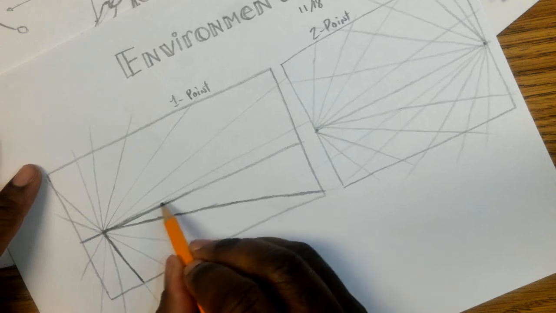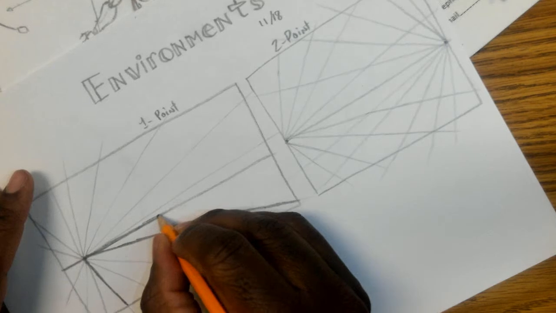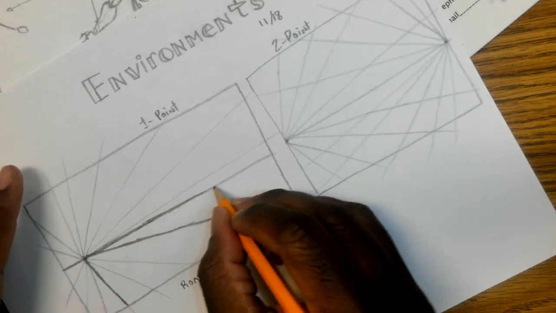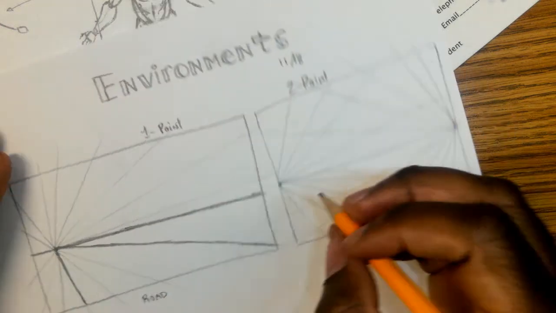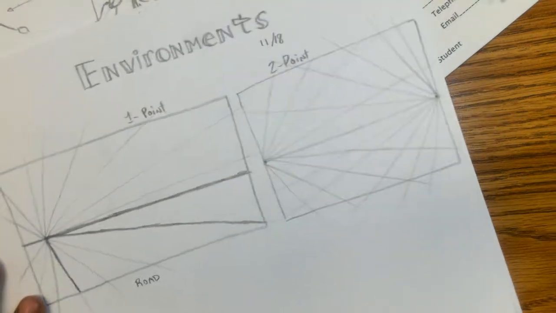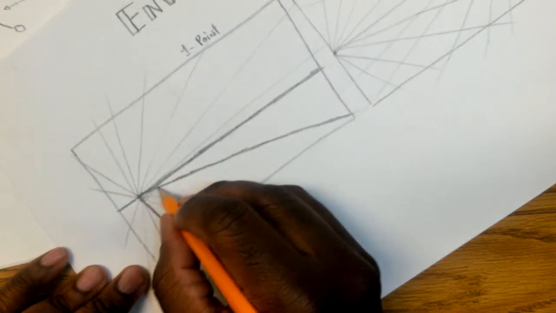Okay, now, unlike with any other time that we have worked with the horizon line, you're actually going to darken your horizon line because this is something that you'll be using. So we're actually going to use the horizon line for what it was intended to be, where the land meets the sky. And once you have this down, you're going to lightly shade